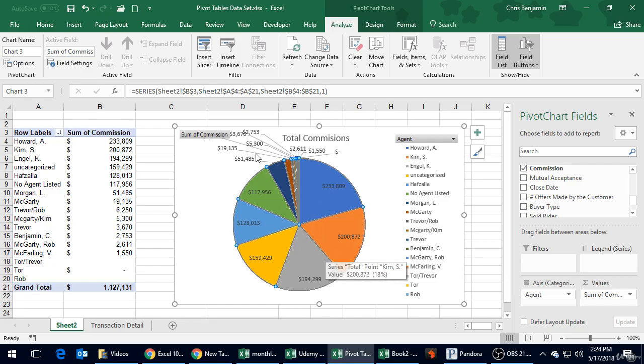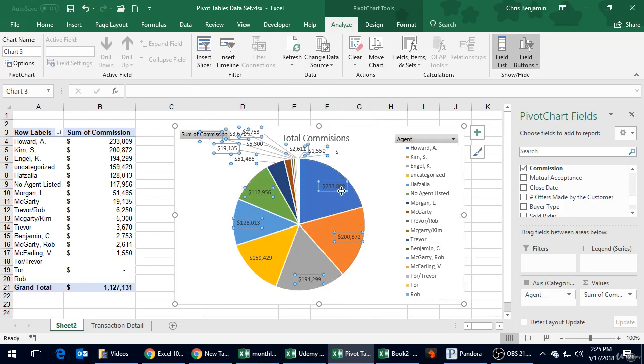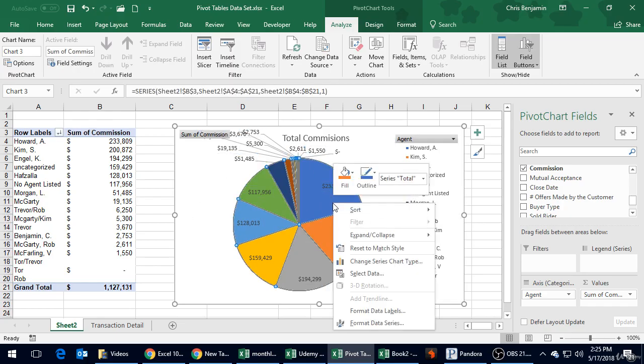What I don't like is this. It's a little bit messy, right? We have every single little one of these people, except a few were zeros, if you recall, and even that it has the zeros in there. So do we really want that? I'm thinking, well, think about our bosses. What do they really want to know? They probably don't care about all these little ones that aren't earning anything. Maybe they care about the top 10. So maybe let's change that. So instead of this being everybody, maybe let's click on our chart, and if we right click again,